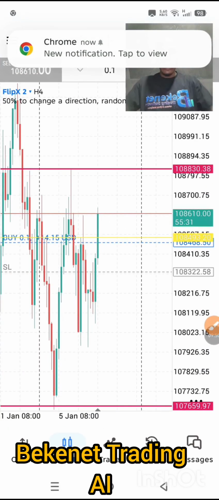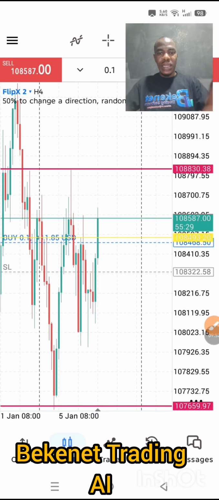It's very simple. As you can see, this is my current trade that is currently running. As you can see, we're shooting to the upside. So Bekenet Trading software is what you actually need to make money in this